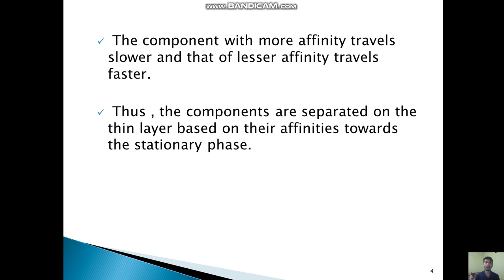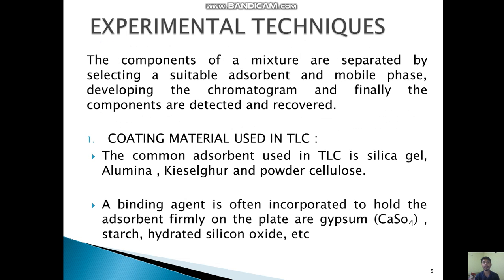If the component has more affinity towards the stationary phase, that is towards the plate, it will travel slower, and if the component has more affinity towards the mobile phase, it will travel faster. Thus the components are separated on the TLC based on their affinities towards the stationary phase.